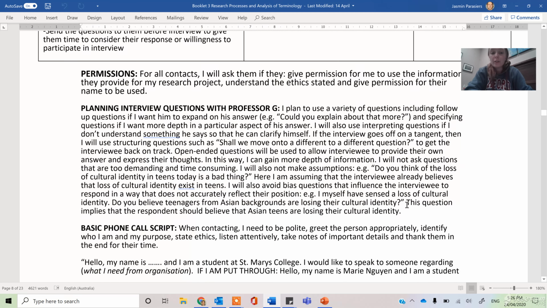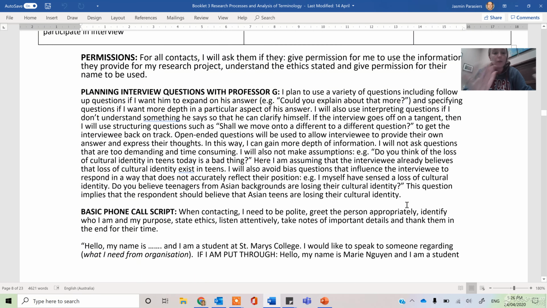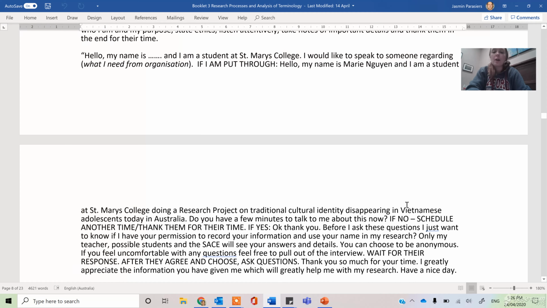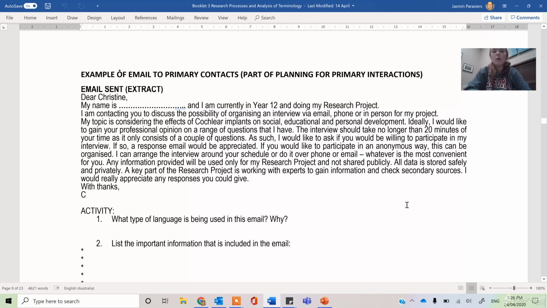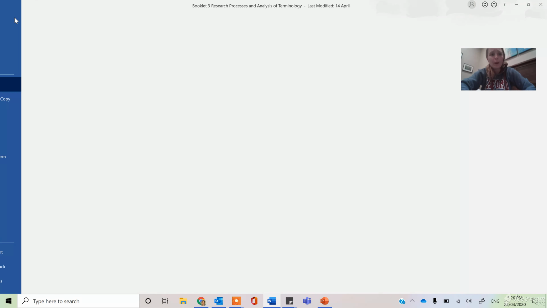We've also got evidence of how they were planning on talking to them, how they were planning on interviewing them, the types of things they were going to say on the phone, the types of things that they were going to email, etc. So like this one down here as well. All of this evidence goes into a page. So what that might look like